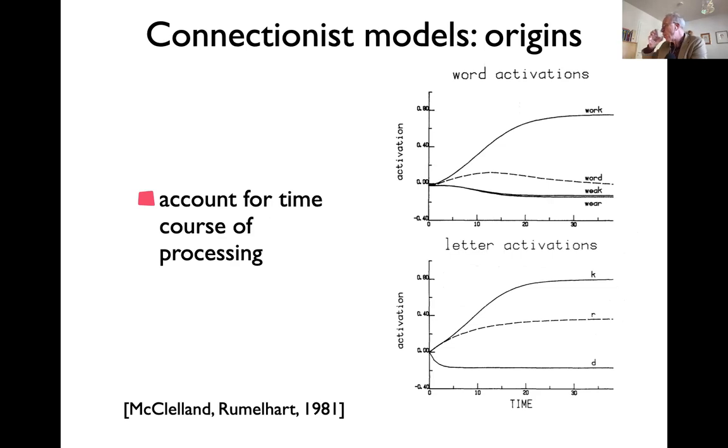The way these models connected to experiment was still largely about timing. So when you look now at the processing, when the network has been fixed, I'll say something in a moment about learning, it would then have characteristic performance, for instance, a classification task, and you would look at how activation evolves in time. This is time in the network.